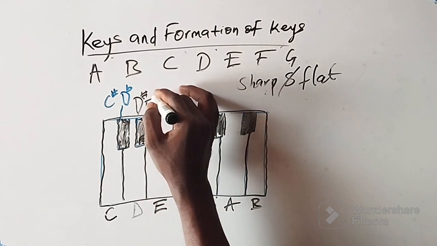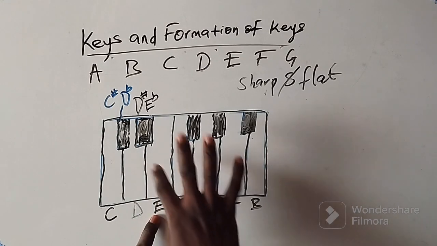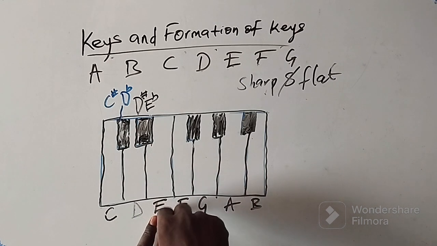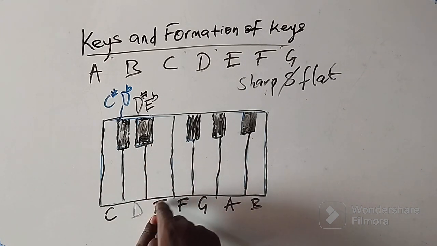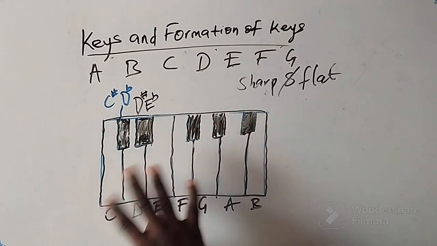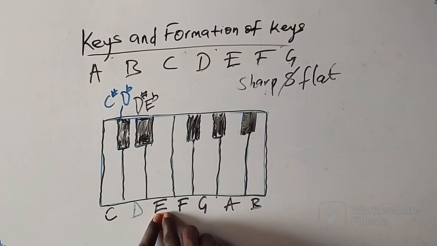D sharp or E flat. The reason is that, because it is at the back of E, it is the only key that flattens E by one semitone. So once a key, I'm talking about these black ones, that is where it happens. Okay, then E doesn't have